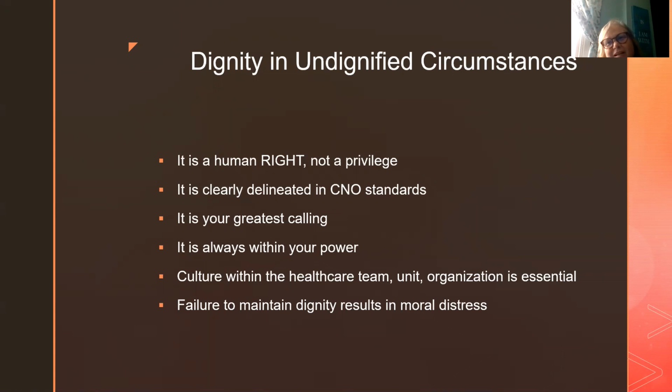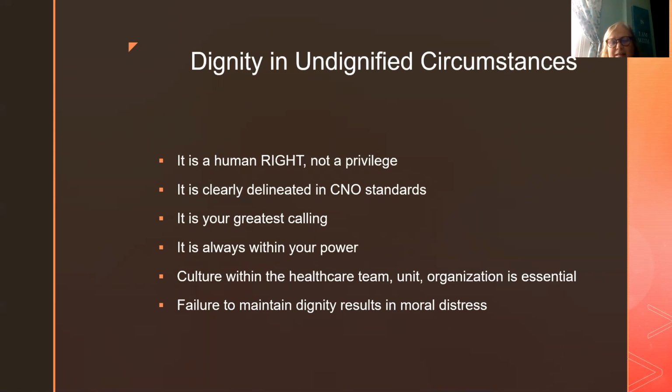And I remember the first thing when I came in to get report the next morning, I said, how are you? She said, I'm fat and ugly. And she wasn't saying it in a funny way. She was just saying it in a kind of, I feel defeated way. And she'll be okay. She's going to go home. She's going to have some breakfast. She's going to brush it off. But it is okay to be a human being, right? And I think when we deny that we're a human being, it becomes very hard to reach across from my vulnerability to your vulnerability, which is at the core of nursing. But preservation of human dignity is always within your power.